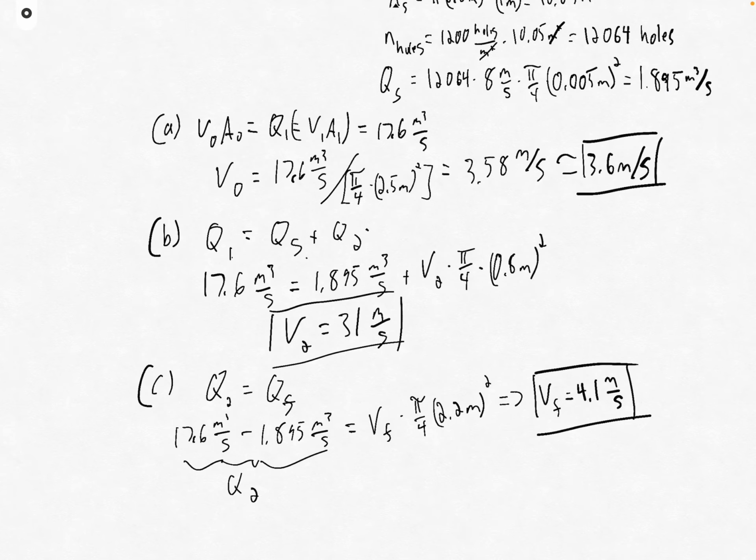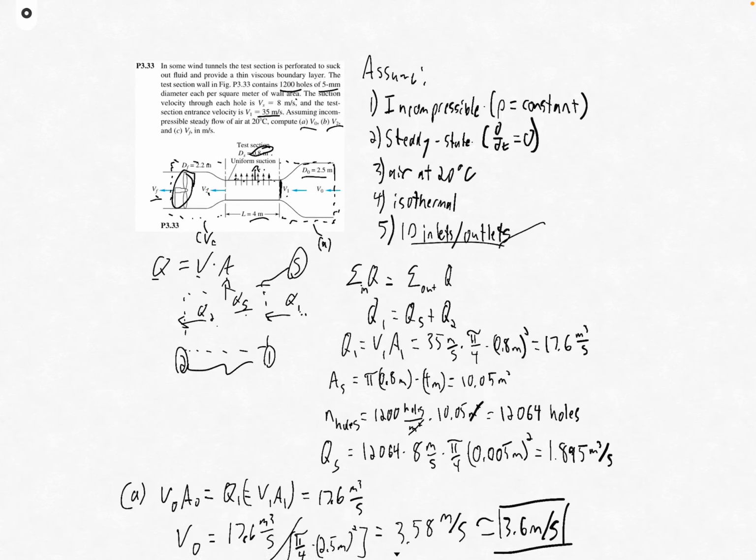Okay, so that was an example problem on mass balance. Really, the main thing to solve this kind of problem is to keep track of your inlets and outlets across each section. And you saw here we had 3 distinct sections, one for section A, one for section B, and one for section C. We just trace the flow, keeping track of our inlets and outlets as we went. It'd be easy to get caught up on this problem, on what's going on with this uniform suction flow, but we saw that really just mainly affects, or it's mainly a complication when we're considering this control volume that includes that piece